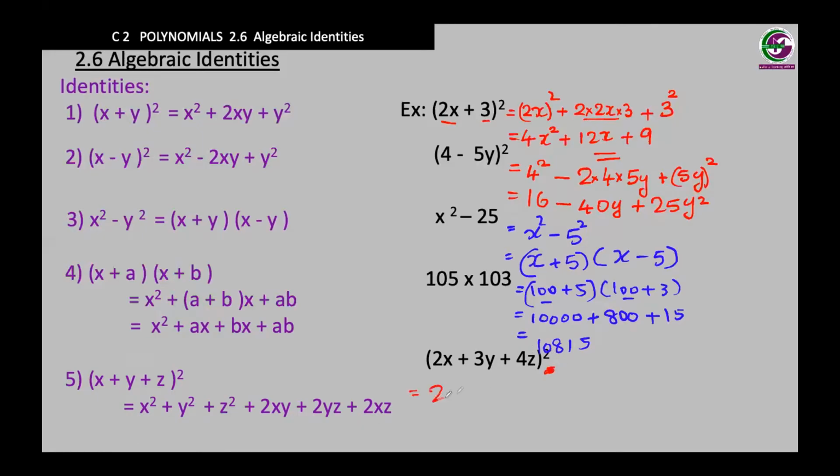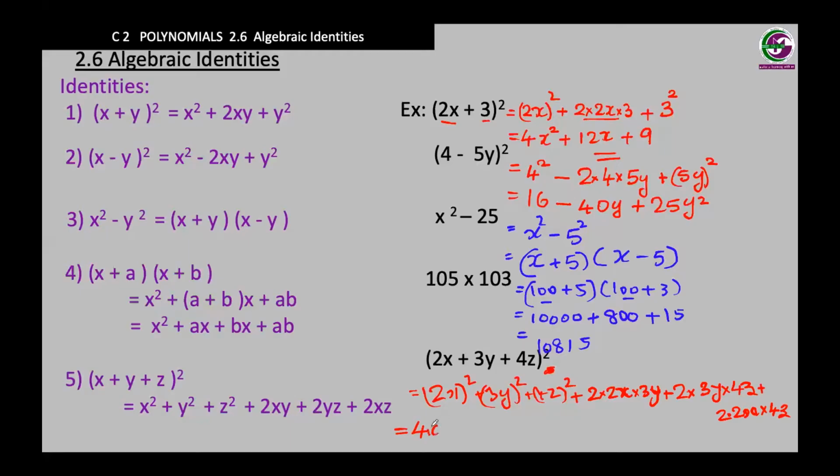So here it is. (2x) power 2 plus (3y) power 2 plus (4z) power 2 plus 2 times first term times second term plus 2 times second term times the third term plus 2 times first term times the last term, which is equal to